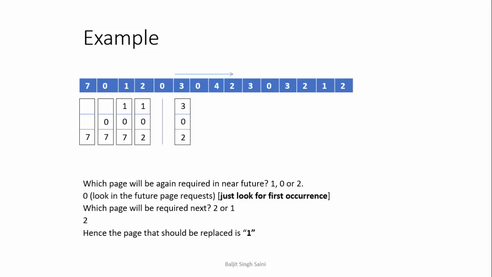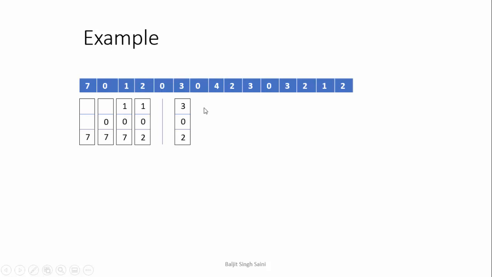Okay, just remember, कई बार स्टूडेंट्स यहाँ कंफ्यूज हो जाते हैं कि अच्छा 0 को मैंने रिप्लेस करना है, 0 is here, फिर 0 यहाँ पे भी है, तो उन्हें लगता है कि नहीं 2 पहले यूज़ होगा। नहीं, you need to see the first occurrence, just look for the first occurrence. Okay, don't get confused. So 0, the next request is for 0, so 0 is already there, no page fault.